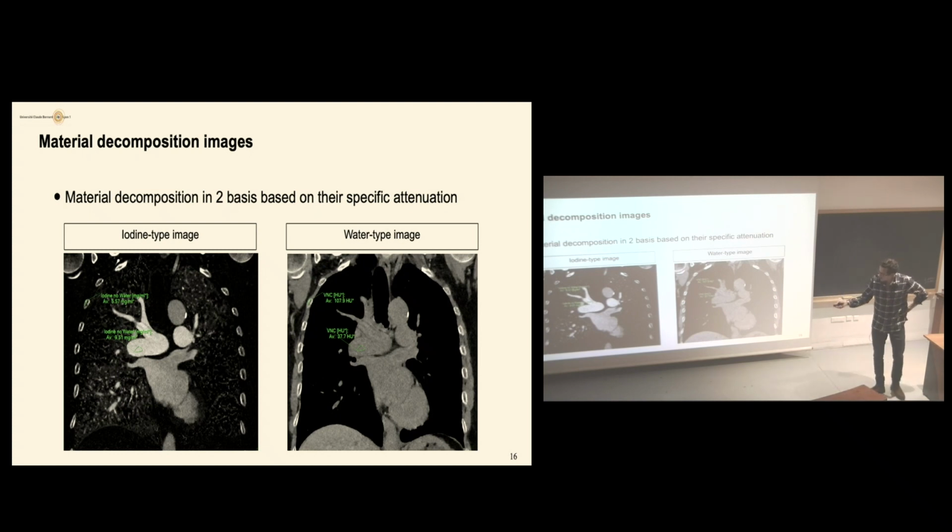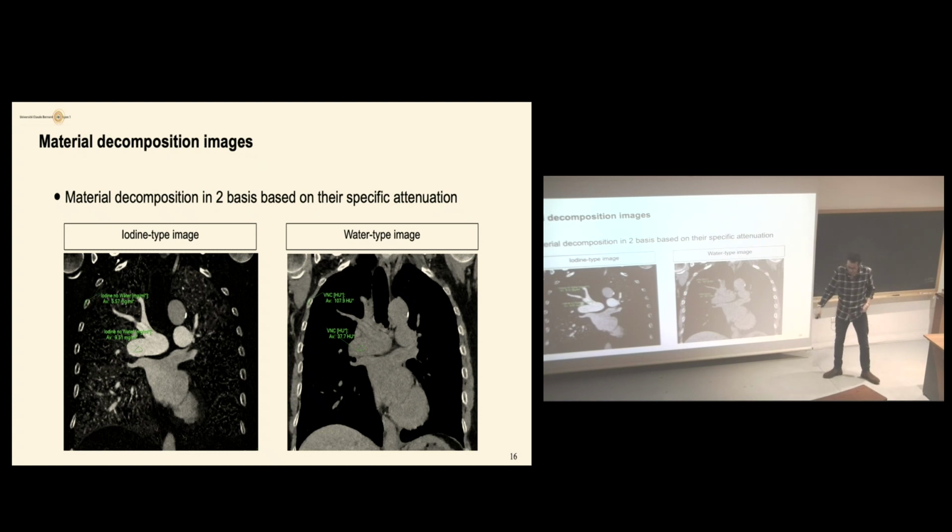So this patient had a thorax, a lung CT angiography. That means that we inject the iodine in the pulmonary arteries. And you see that on the left-hand side, you have an image with some signals, concentration that is close to the linear attenuation coefficient of iodine, while on the right-hand side, you will see voxels or tissues with a linear attenuation coefficient close to that of water.